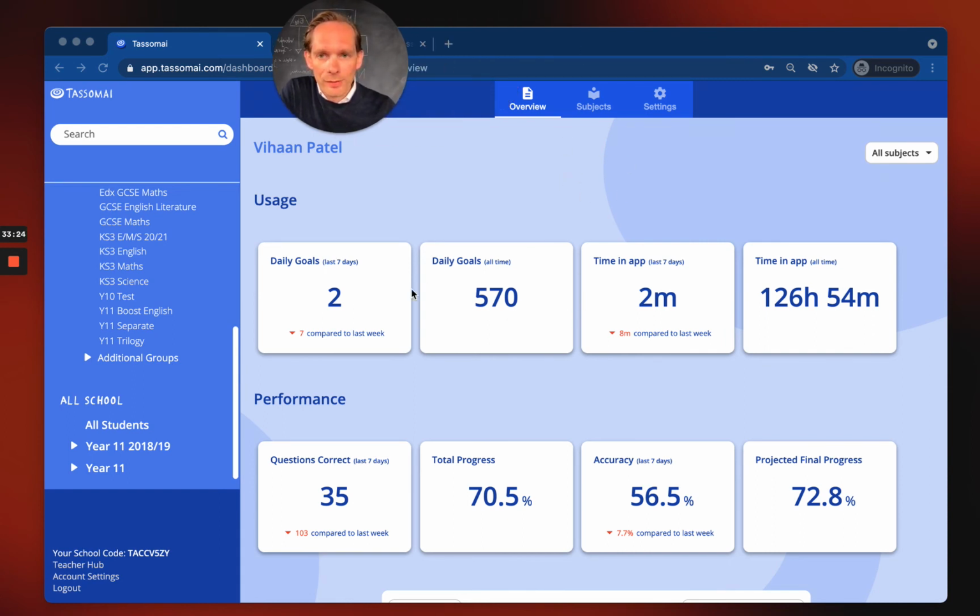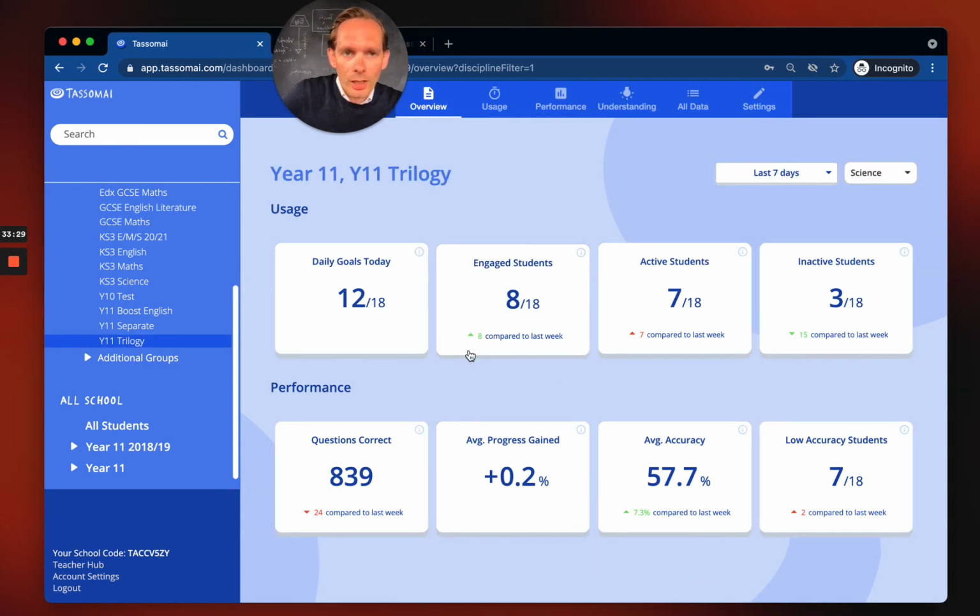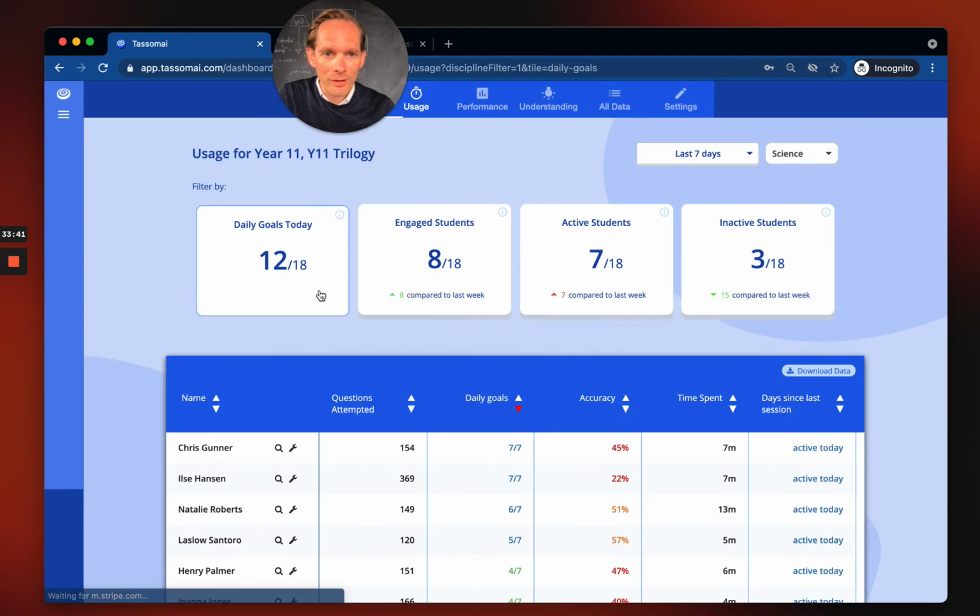You have lots of data. Well, at the moment, we're looking at an individual student. Let's look at a class. You can extract from here their data in terms of their Tassomai progress. So clicking on, I think, any of these tasks, but daily goals will show you everyone